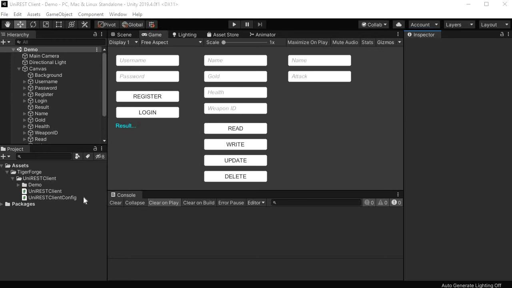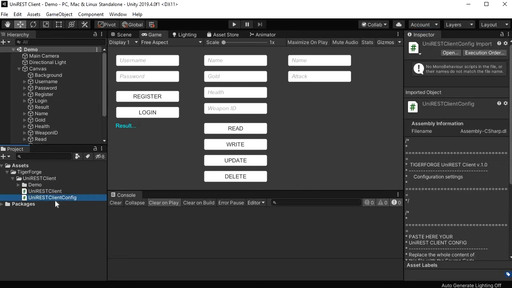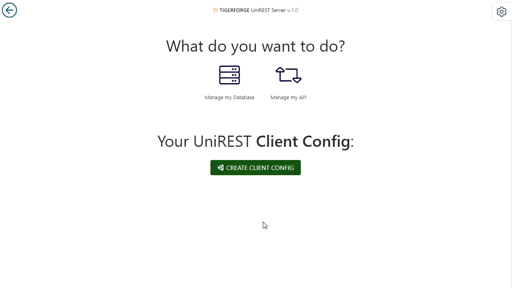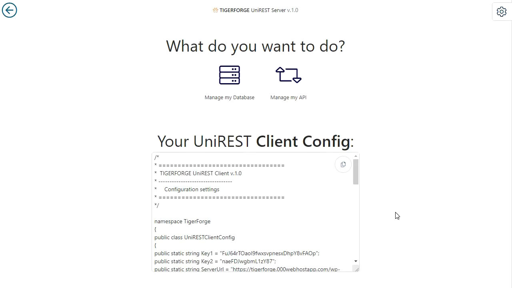server application. So, the first thing you must do is to configure the UniREST client environment. Enter your UniREST server application and, in the home page, click the Create Client Config button. The system will generate for you the C# script you have to copy and paste in the Unity asset. Remember that, every time you update something in your database and your APIs, you must regenerate this script and update your Unity configuration file. Now, let's copy the script